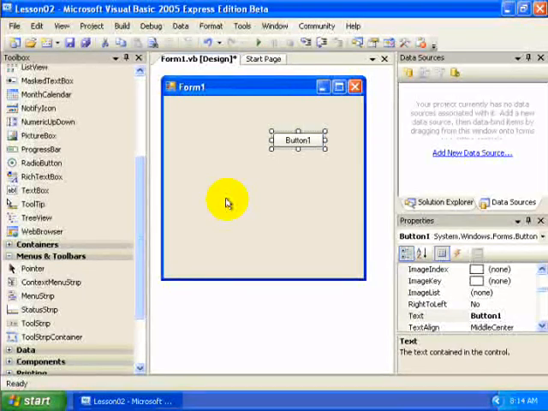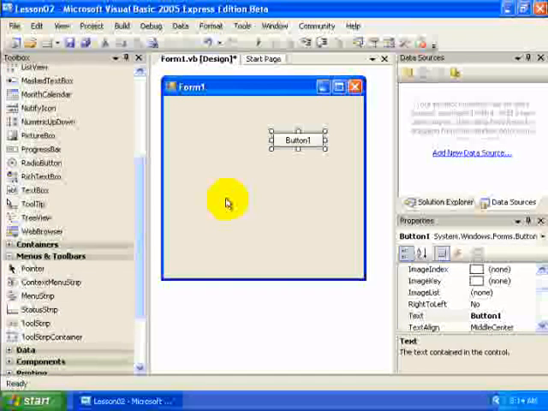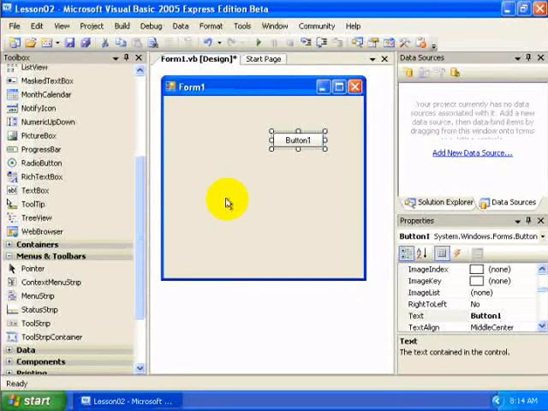Now, if you really want to control or change how your control looks and how it functions, you're going to have to write some code. Now, do you always have to type in the code yourself? Well, not always. And that's where the Properties window comes in. The Properties window allows us to change the properties, how the control appears, its text, its color, its size. We can control how it functions. Can it be dragged and dropped? Can it be resized as the form is resized? Should it be disabled? And a lot more. Each control has some common properties,